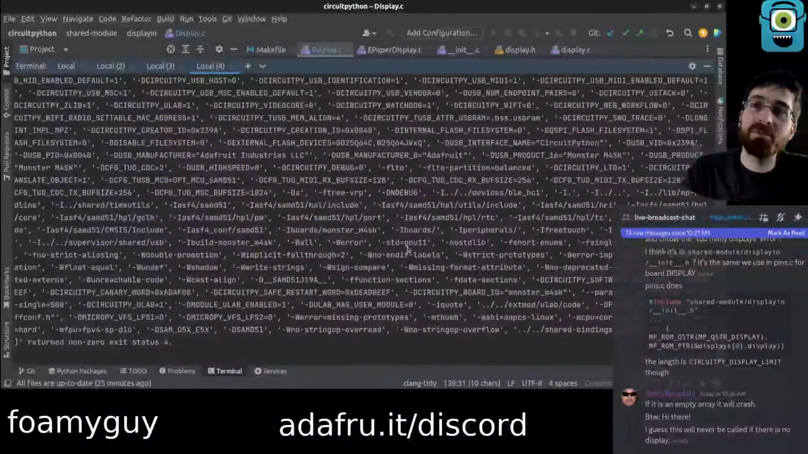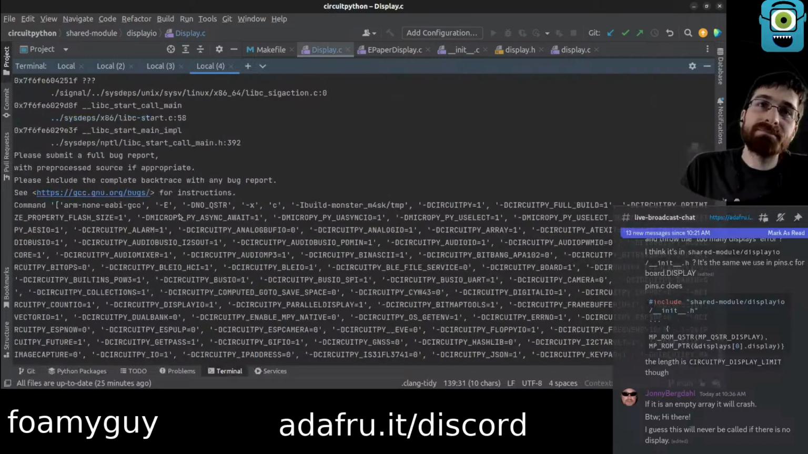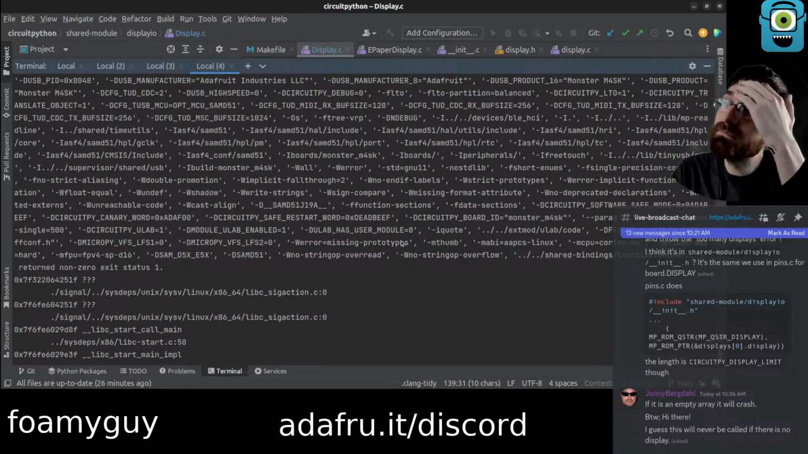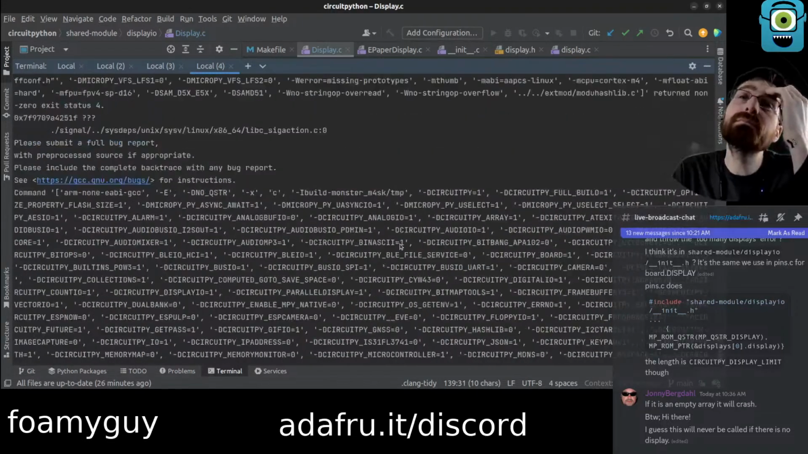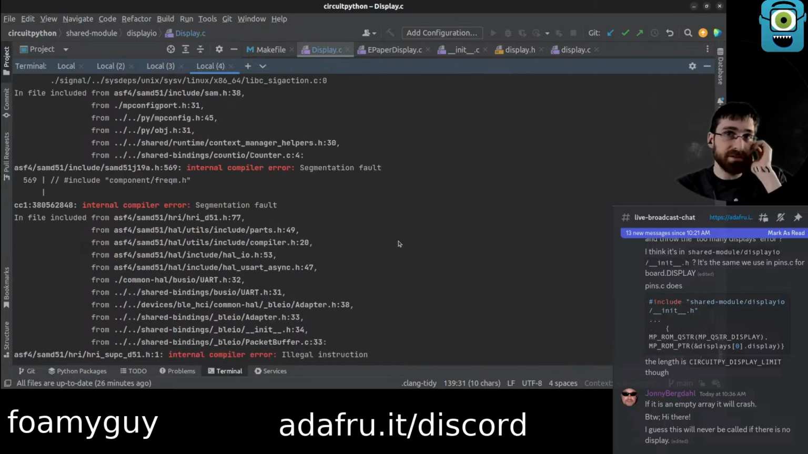Okay, computer froze, but not indefinitely. I don't know what to do really. We can't really, I guess, do this if I can't like